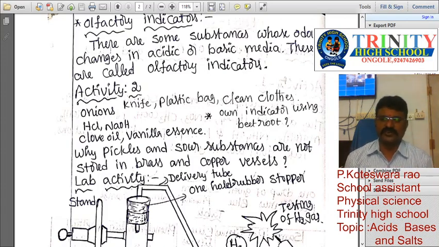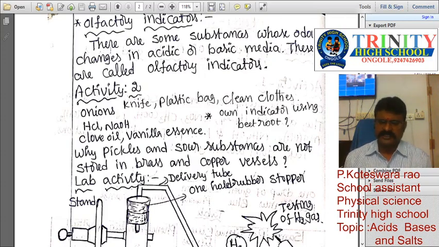With the help of onions we already prepared an indicator. Now we want to prepare one with beetroot. We take 1 or 2 beetroots, cut them into small pieces and place them into one bowl. Then add some water and heat it for 15 minutes or even half an hour. Okay, we want to heat it half an hour. After that it is allowed to cool for 15 minutes.